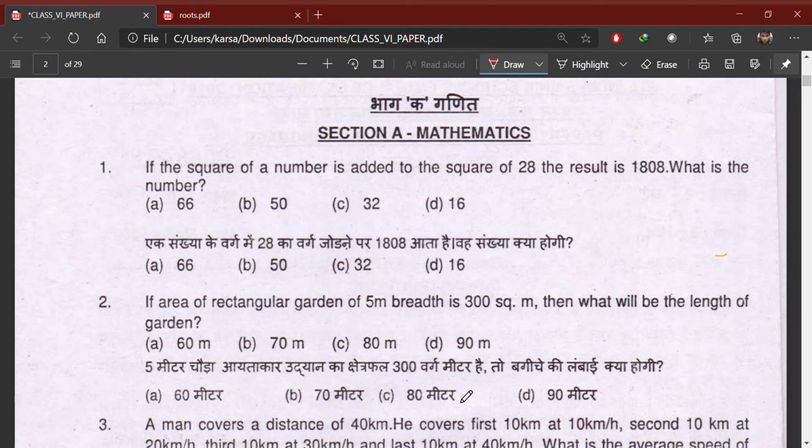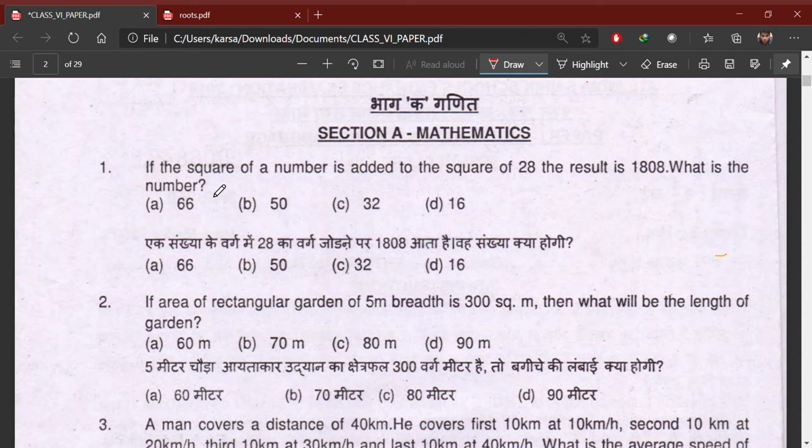This is the Sony School questions, the examination conducted in 2019, and this is set C. I am going to give you the solution of question number 1 of the mathematics section, which is in Section A. Okay, so in the first question, if you can see,